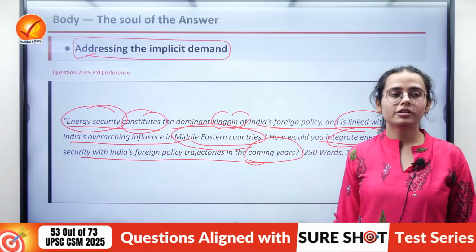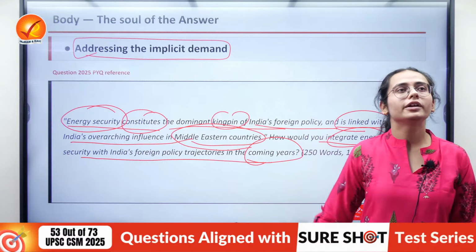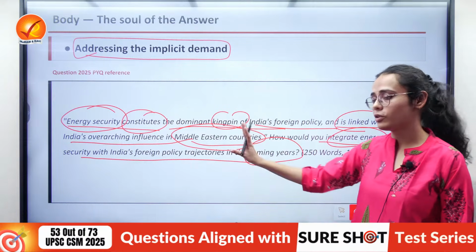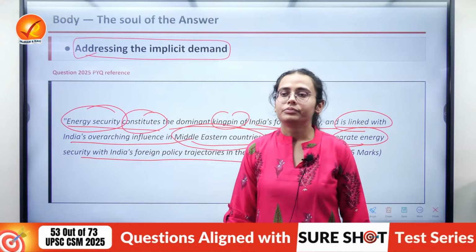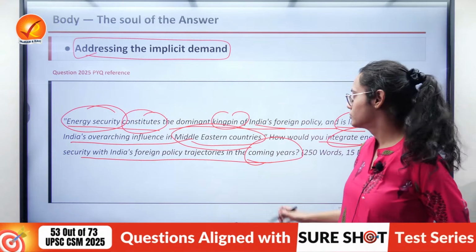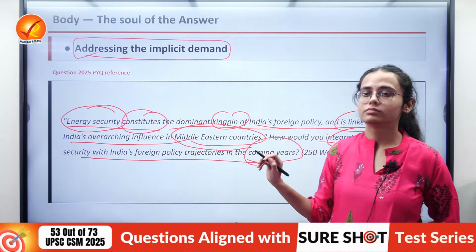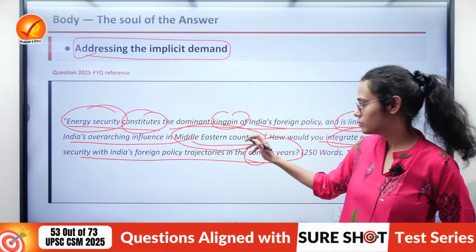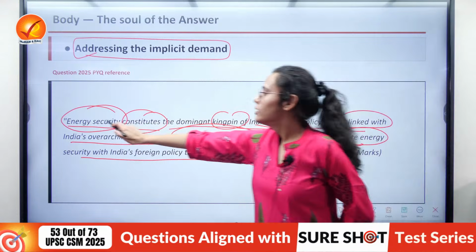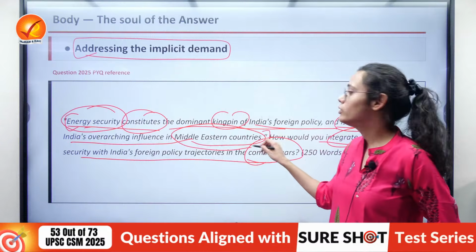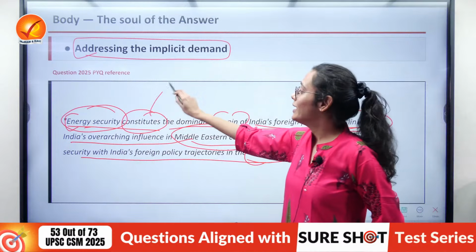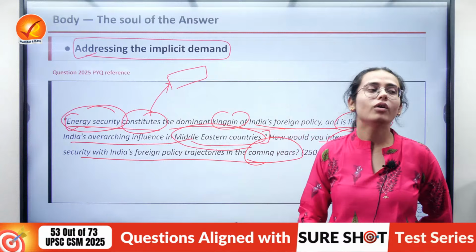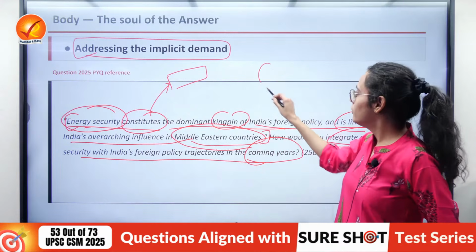You know the implicit demand here, you know the non-core demand here. Tell me, which is the non-core demand? Importance of Middle Eastern countries. This is the non-core. Here, how can you write it? You can write it in two headings in the non-core demand. How would I have approached it? I would have